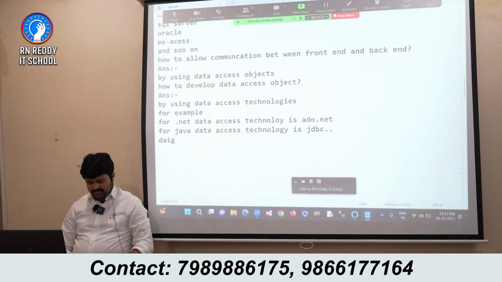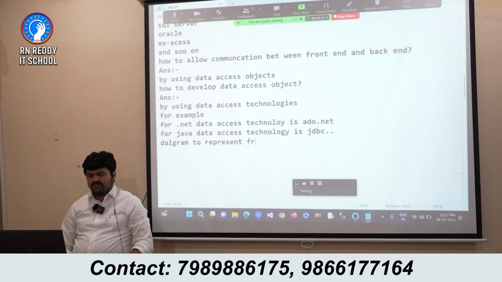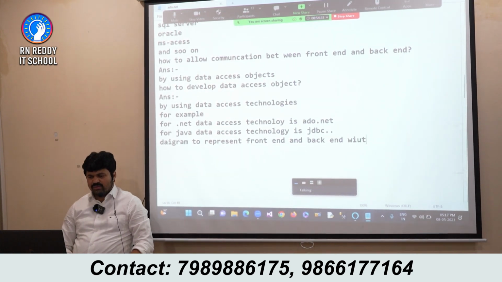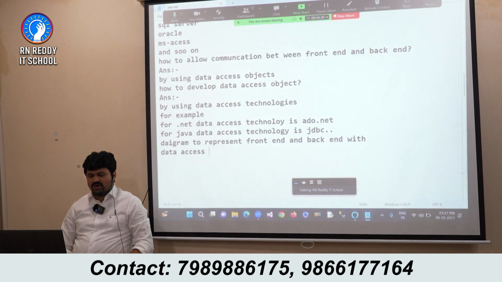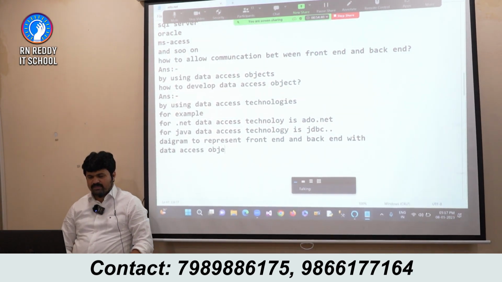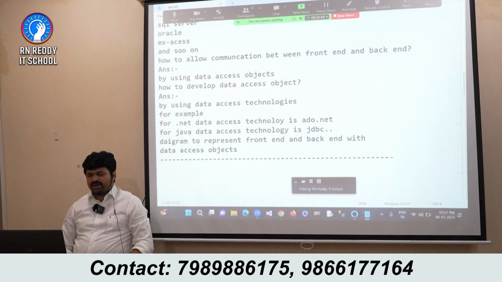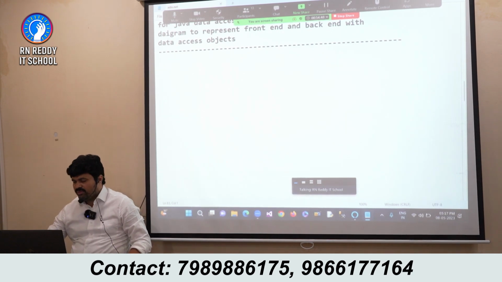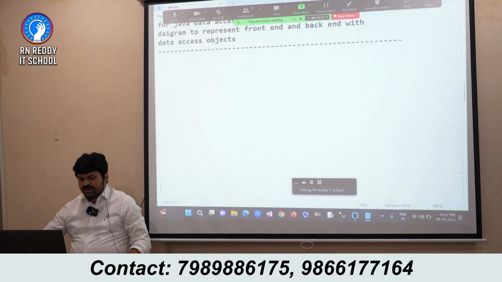Diagram to represent front end and back end with data access objects. Are you clear? Right. Now you see